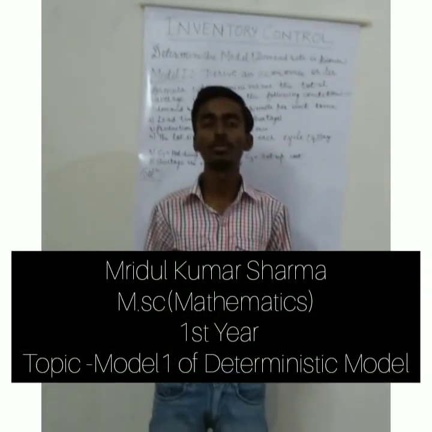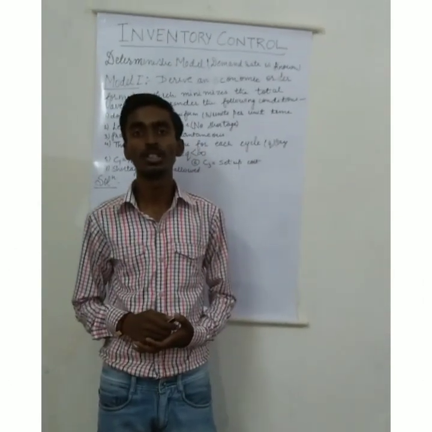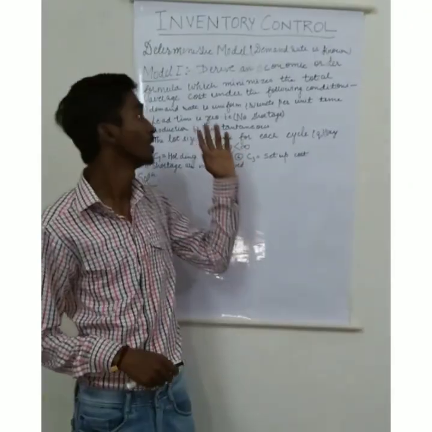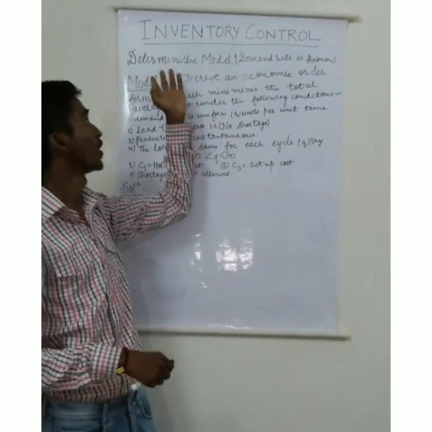I am Mridul Kumar Sharma from MSc Part 1. My university roll number is 31, and today I selected a topic for presentation in inventory control. So my topic is deterministic